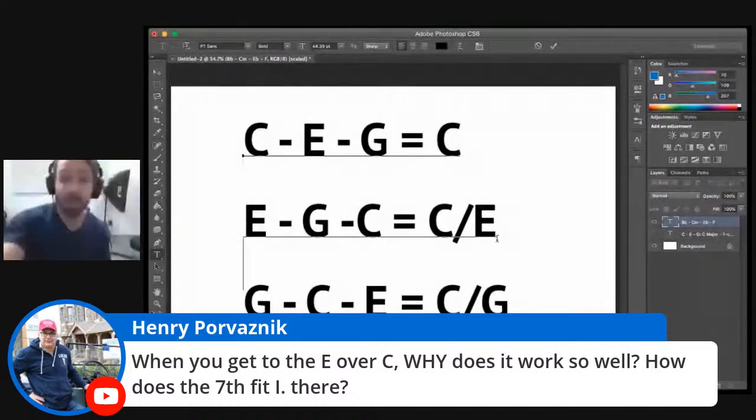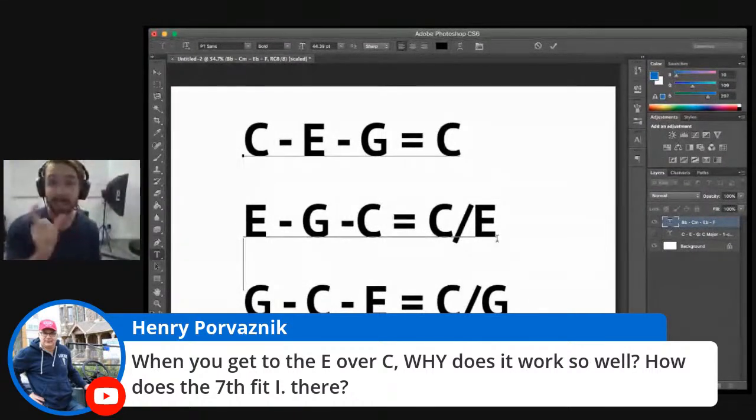So maybe part of the reason it sounds so good is because there's that shared common tone between the chord you're on and the chord that you go to. There's that kind of glue that sticks it all together, and that's true for the first example that we did. In that case, it was the C that stayed the same. But in the second one, it was the G.